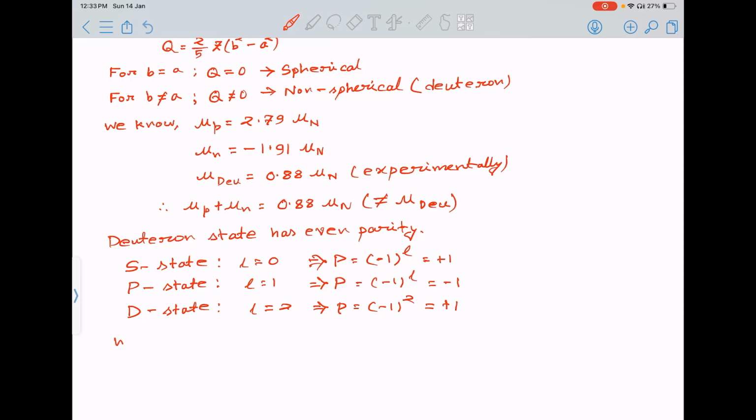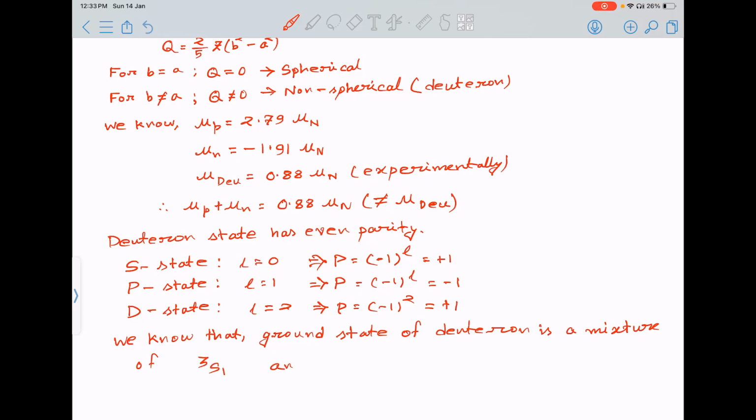Now we know from the theory that the ground state of the deuteron is a mixture of 3S1 and 3D1 states,